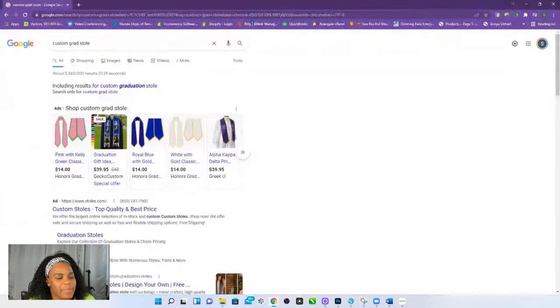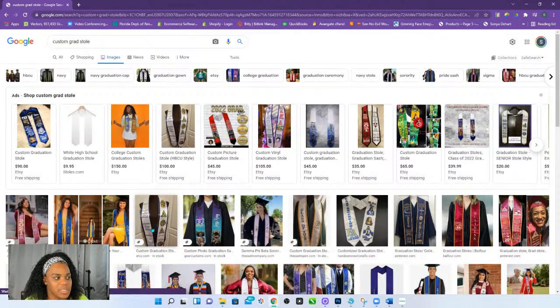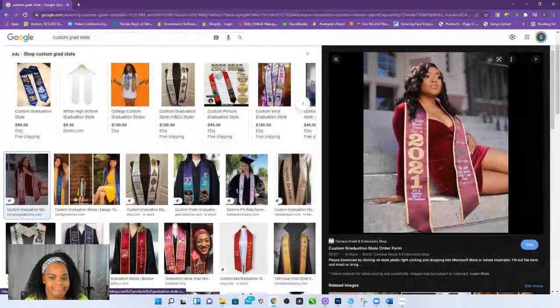You guys are probably missing out on getting big school orders because they don't want a bunch. They're ordering it from somewhere. Why can't they order it from you? Because I've seen schools where they had the sublimation ones and it was just their school mascot, just grad 2021 or things like that. But if you come on here and you're looking up grad stoles, a lot of the times it's no pictures.